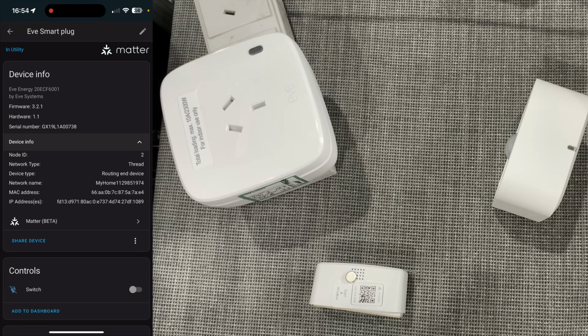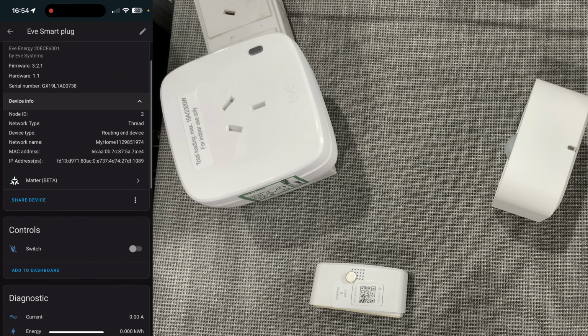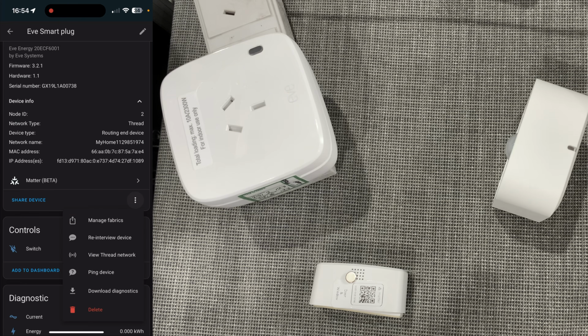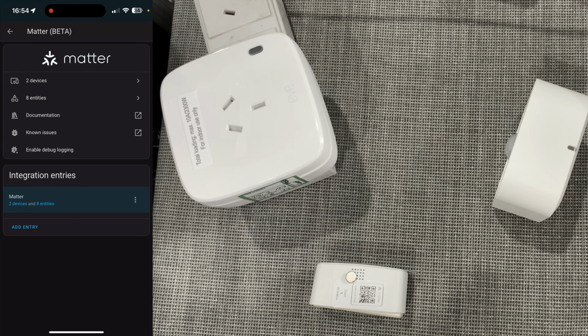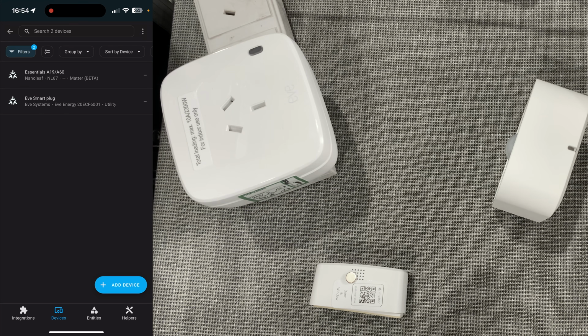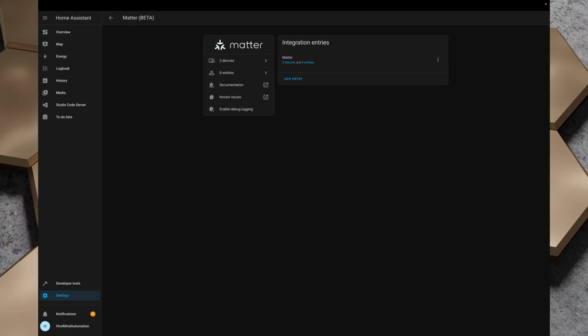So now we've got our device info. It's a routing end device as well. So that Eve Smart Plug will also extend my thread network, which is great. And we've got the share device button there as well. And manage fabrics, re-interview device, view thread network, ping device, and download diagnostics. But what I'm going to do, I'm going to head back over to my laptop here,